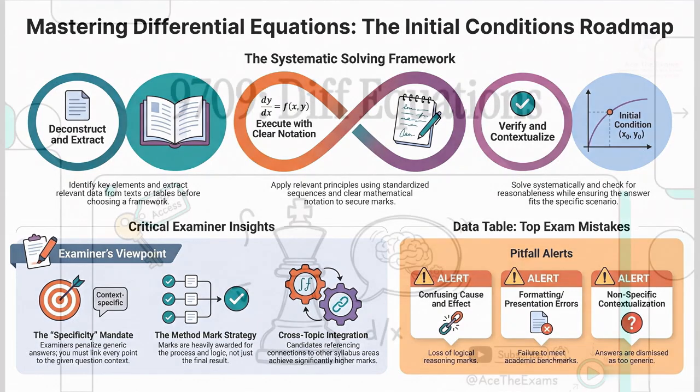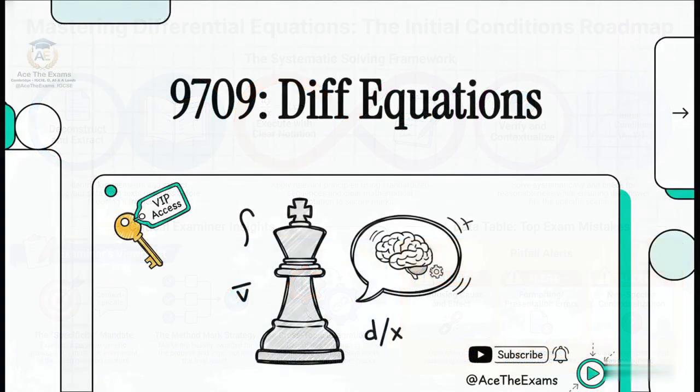Today, we are opening up something absolutely special. Consider this explainer your exclusive VIP access straight into the Cambridge Examiner's secret grading rubric. We are tackling a topic that is an absolute cornerstone of the Mathematics 9709 AS and A-level syllabus, differential equations